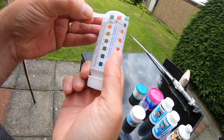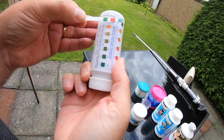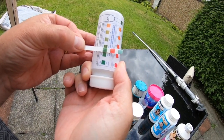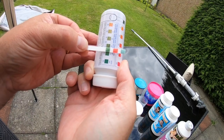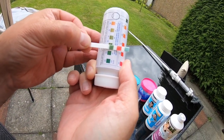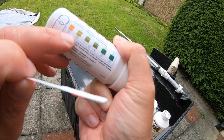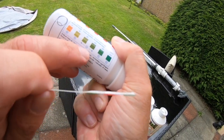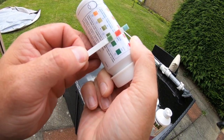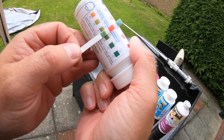So first one is about alkalinity, so you scale it along, and we're probably somewhere in here. I'm just on the peak of it, and there's a little smiley face, so it shows you the range where you need to be, so it's fairly straightforward. So that's the first one. So get your alkalinity correct,